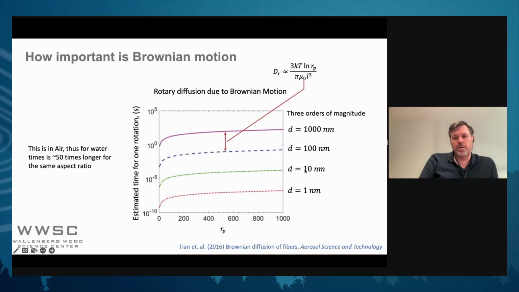And that means that if we're working with something that has a diameter of 10 nanometers and an aspect ratio of 200, so maybe close to what a fibril is, we see that we have a time of 10 to the power of -5. So we're talking about less than milliseconds. And of course, this is actually in air. So for water, the time is 50 times longer. It's an order of magnitude, but we're still talking that if we let a nanofibril be by itself, it will do one turn in